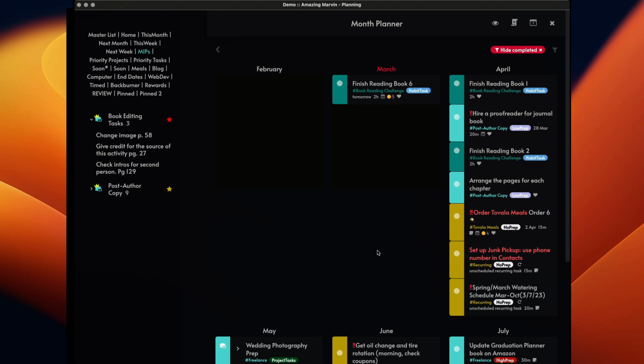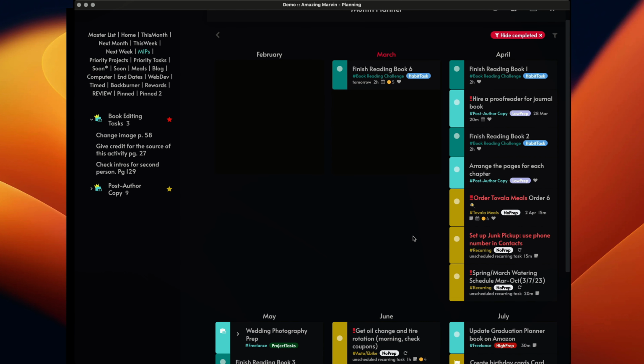get done that month. And my monthly planner does not include the meetings I have to attend, a lot of times work that I have to do with clients that I did not plan at the beginning of the month. It does not include just any kind of minor work that I do from week to week. They're just the most important things, right? And even looking at this, I can see that this is a lot, including my high prep tasks. I can see this is a lot for me, right? But this is my strategy for really using Amazing Marvin, and it helps me to get work done